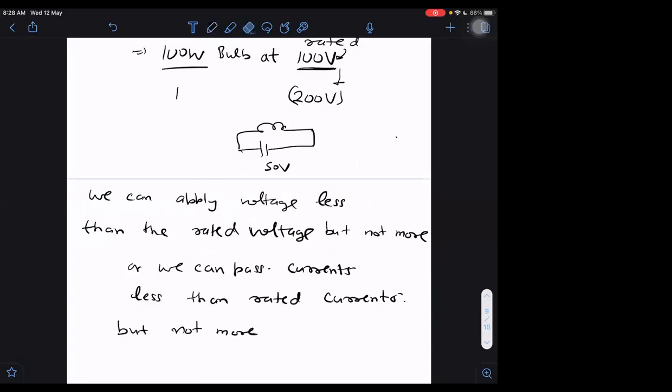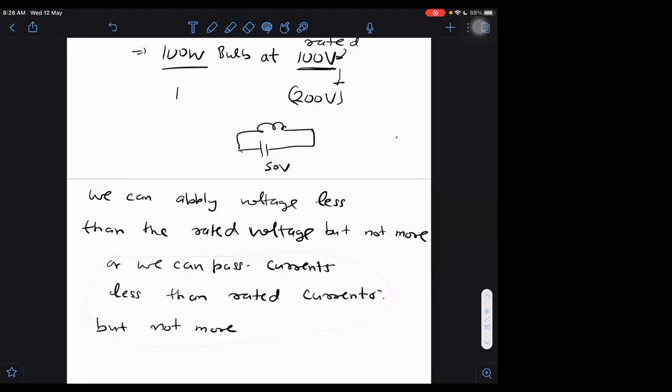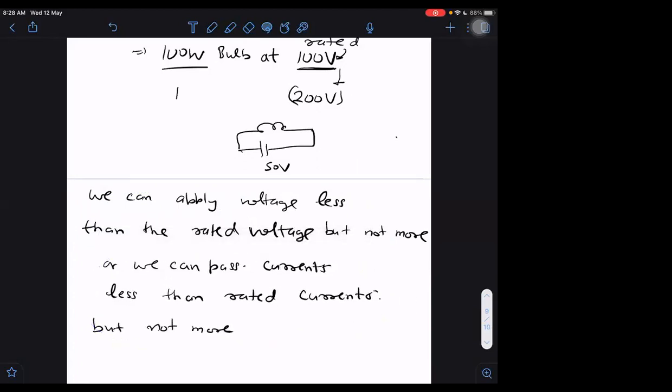Actually, this is in general. It is not only for a simple resistance. It is for bulbs, or other appliances which we use in our houses. We cannot apply voltages higher than the rated voltage, whether you are using an AC or bulb or a fridge or any other equipment at house. If you apply more than rated voltage, that equipment may get damaged.